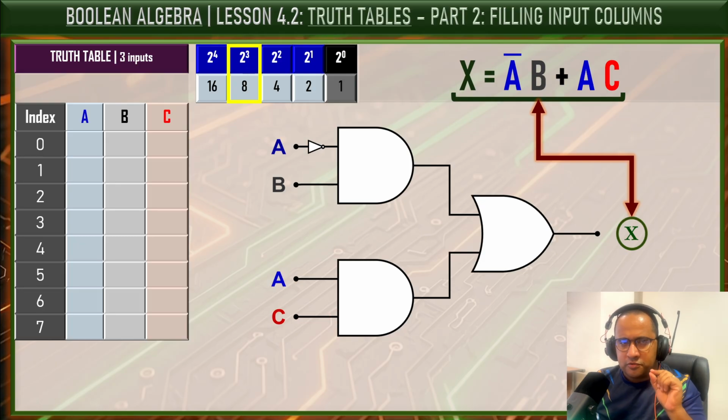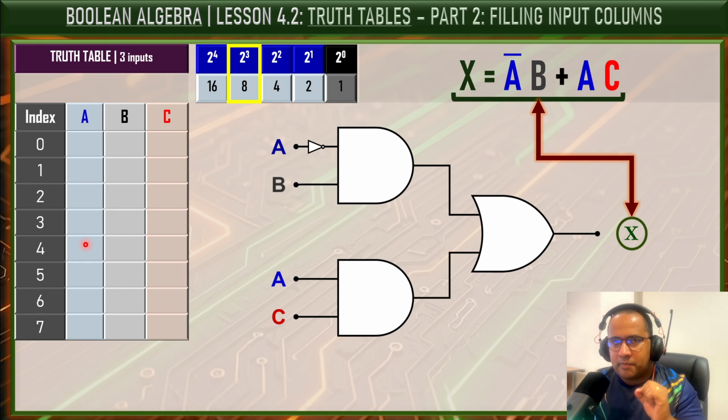Pay close attention to this part, because the input columns of a truth table cannot be filled randomly. We cannot simply place zeros and ones in any order. There's a rule behind this pattern, and this is exactly what we're going to learn now. So here, I'll not just show you how to fill the input column, I'll also show you why this pattern